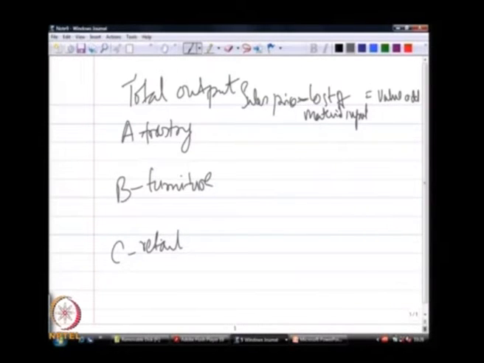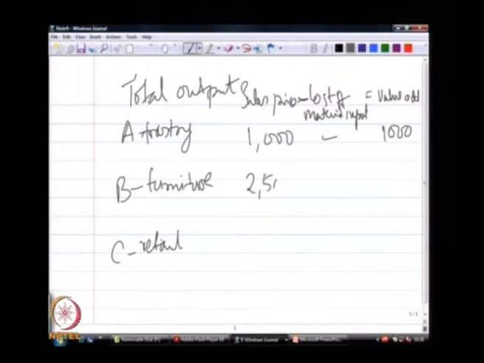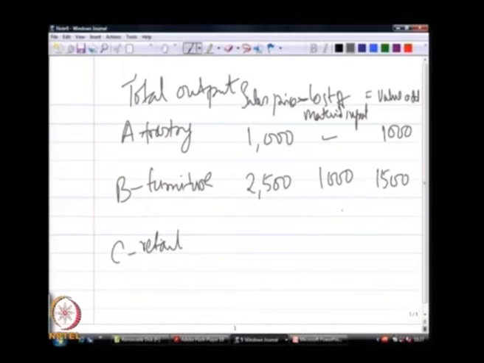Now, in the first case there was no cost of material input, so the difference is 1000, but furniture company B sells it to C for 2500 by buying this for 1000 from company A, and the resultant value add that it has created is 1500,